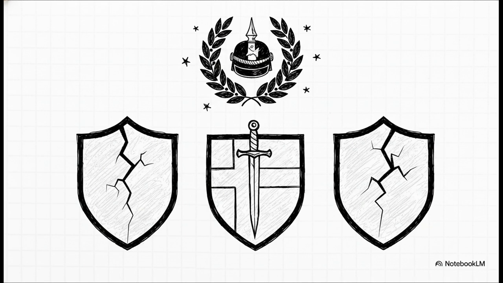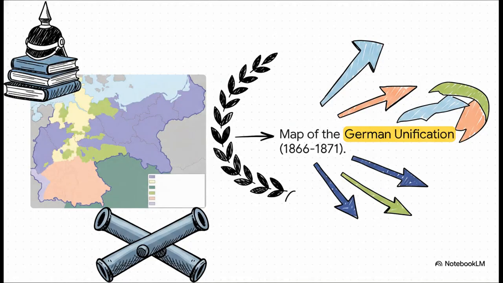And by defeating these 3 neighboring powers one by one, Prussia proved its absolute military supremacy and effectively locked in the unification process. This relentless campaign led to some massive territorial expansion. Prussia essentially just absorbed other states after these victories. They expanded their borders after the 1866 Austro-Prussian War, and then eventually folded in the southern German states, creating this massive new German empire by 1871. It really was an incredible campaign of expansion through pure military might.